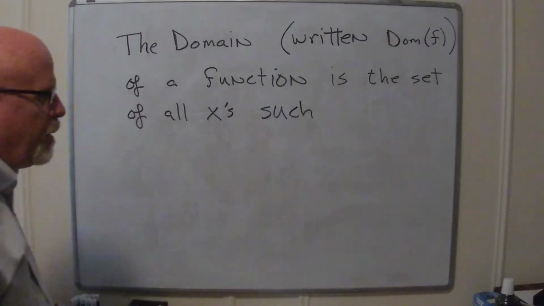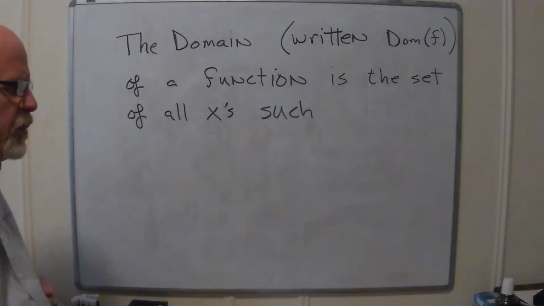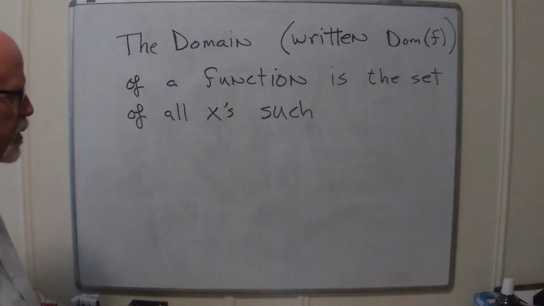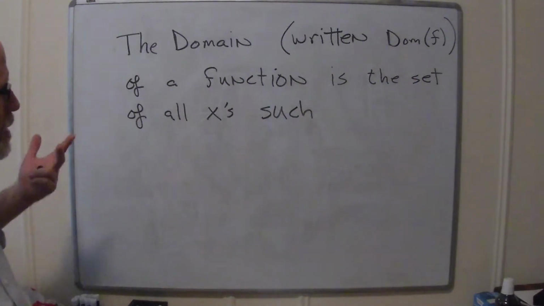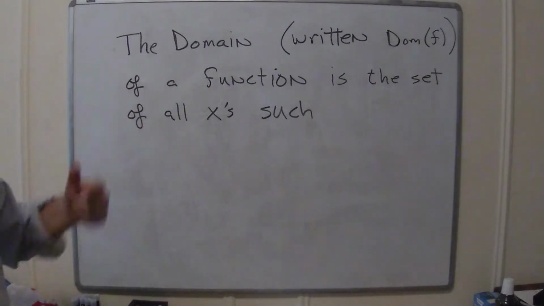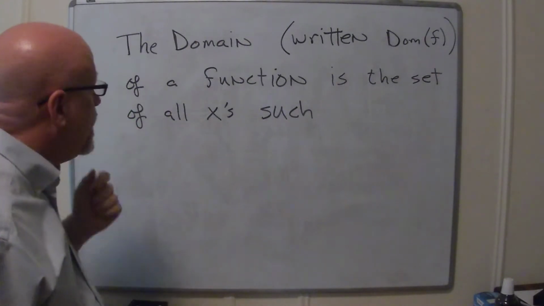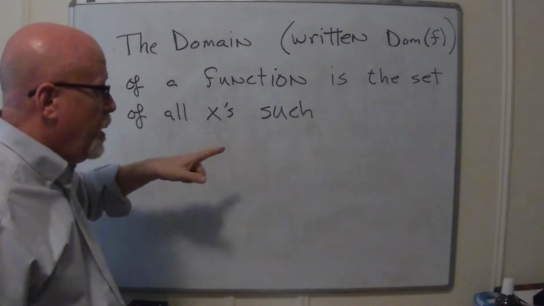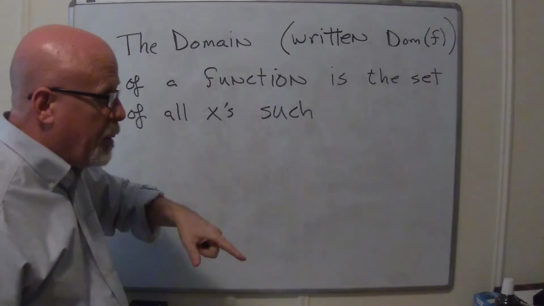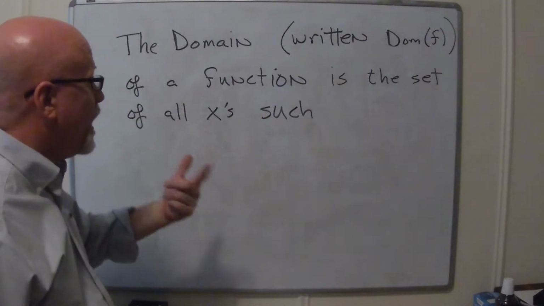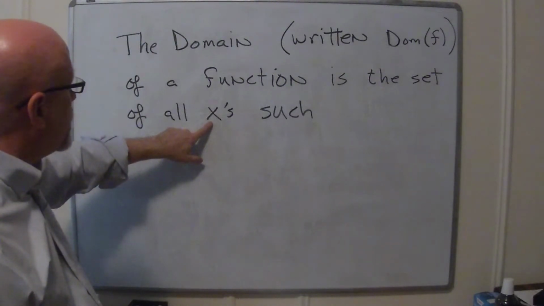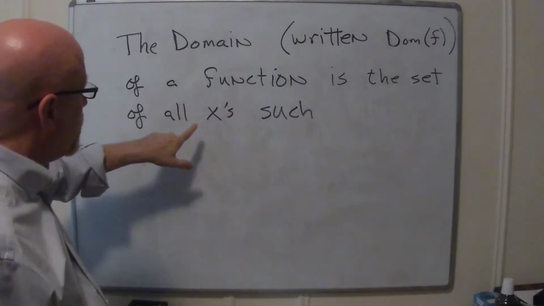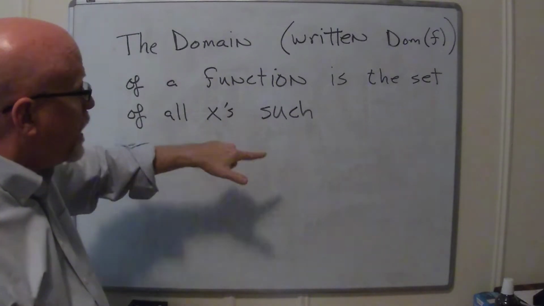Basically, you've probably seen a bunch of examples of this in your algebra career so far. There's some things that just break a function or break a formula. It can't handle it. Like, you know how you can't take the square root of a negative number? If you can do whatever the operation is, we say the function is defined at that point. So the way I'm going to end this sentence is to say, we're talking about the set of all x's such that f of x is defined.